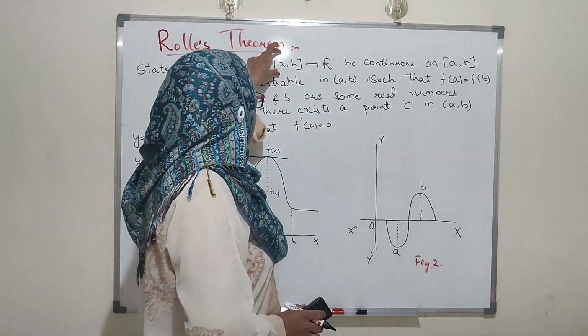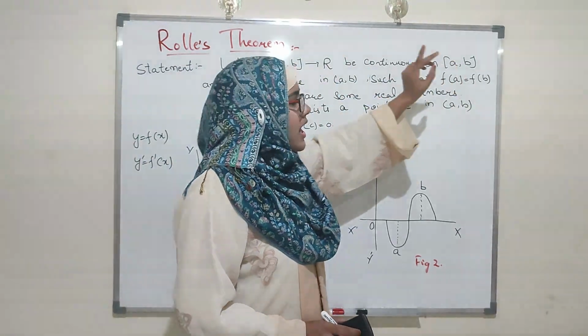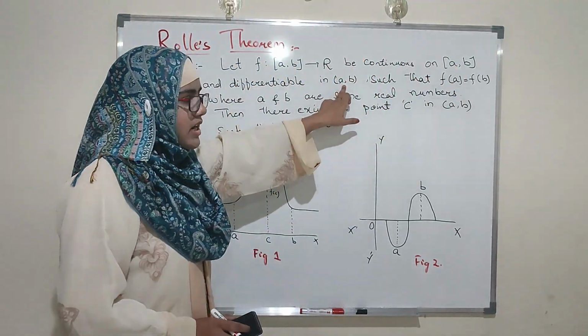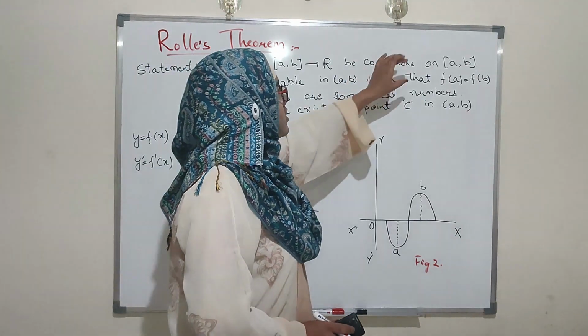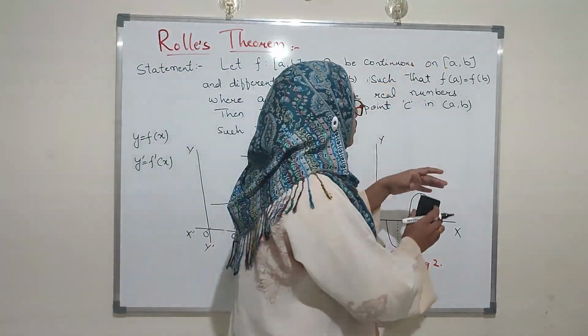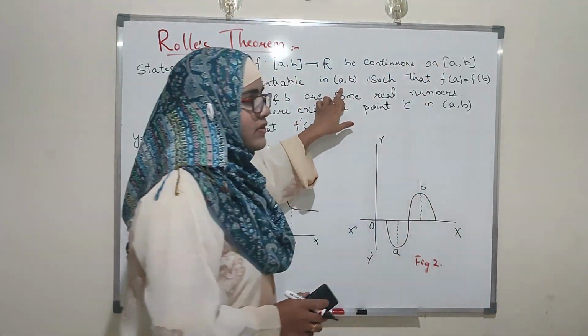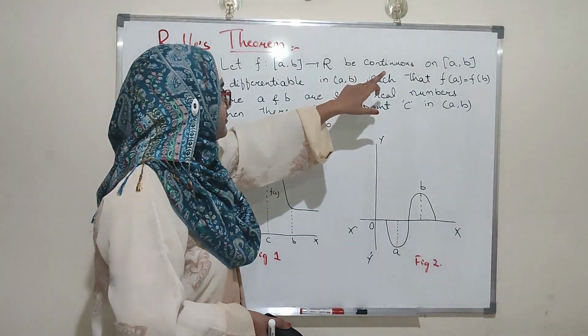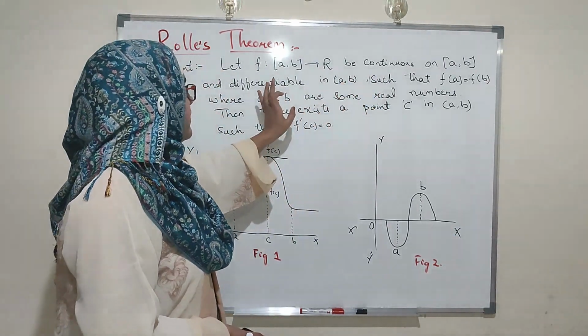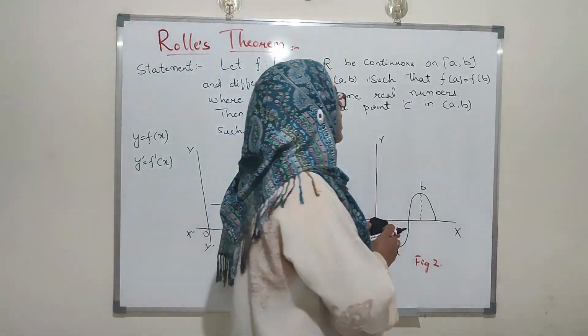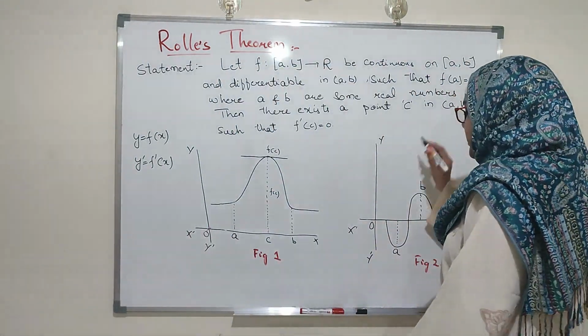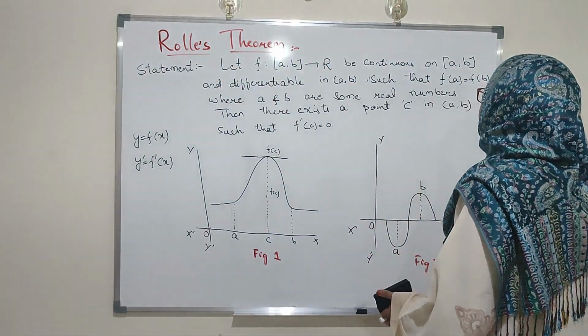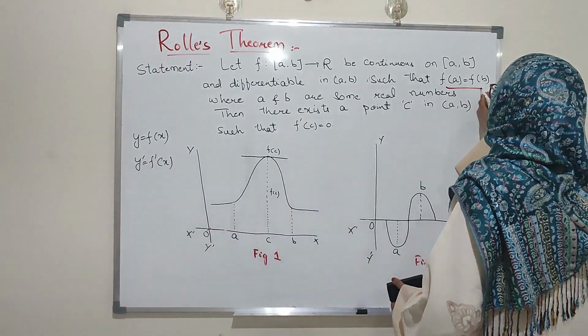It is continuous on the closed interval AB and differentiable in the open interval AB. The square bracket is the symbol for closed interval, and the open bracket is for differentiable. That's it. If the function satisfies the condition f of a equal to f of b,